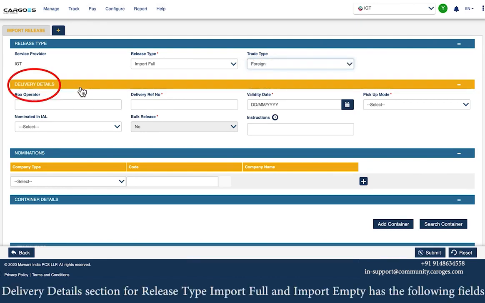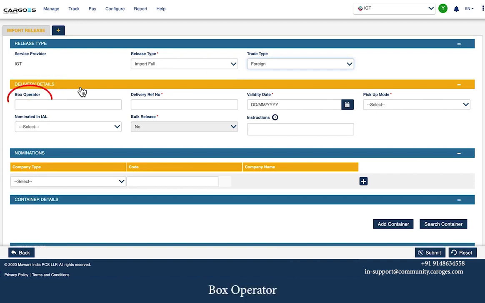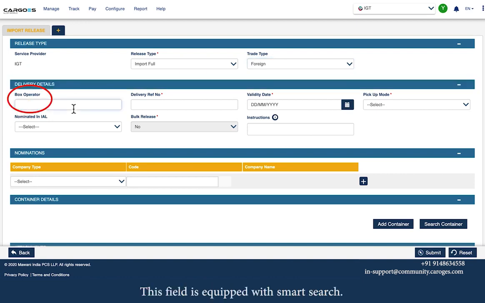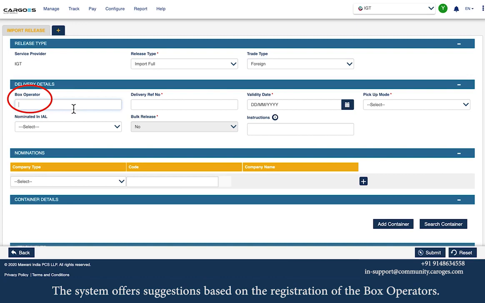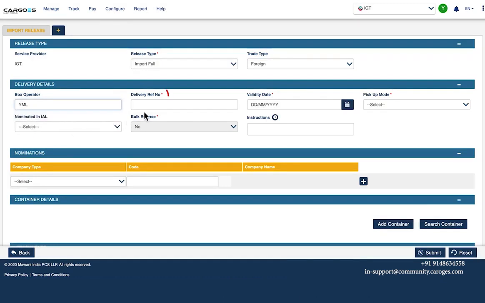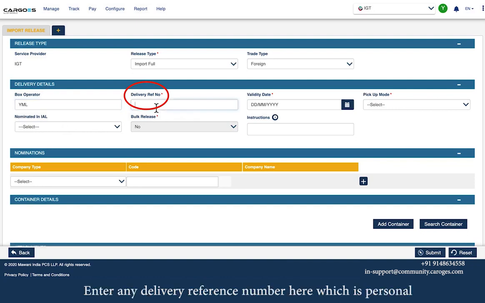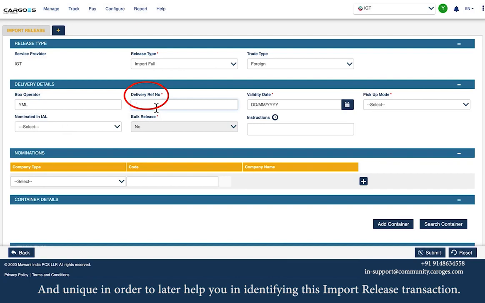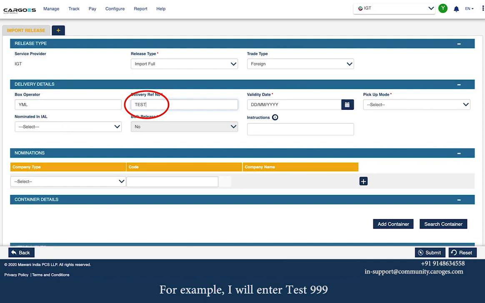Delivery Details section for release type Import Full and Import Empty has the following fields. Box Operator. This field is equipped with Smart Search. As you enter the name or code of the box operator, the system offers suggestions based on the registration of the box operators. Select the correct one. I select YML. Delivery Reference Number. Enter any delivery reference number here, which is personal and unique in order to later help you in identifying this import release transaction. For example, I will enter test